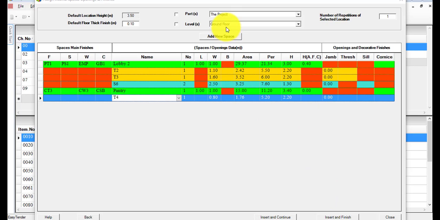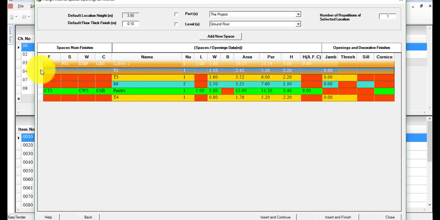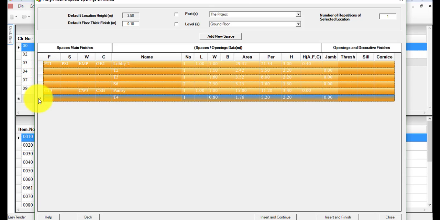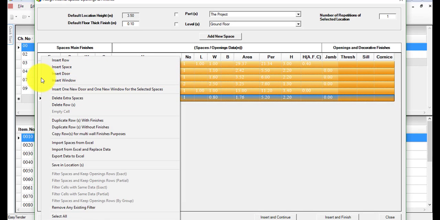Let's assume we want to work on another floor as an example. In case you have identical floors and you wish to continue using the same information, you can also copy and paste that into other floors. Exactly the same concept we've used earlier. You click here on the left hand side and you drag till the end. Once all the cells are selected in orange color, it means that they've been selected. Right click anywhere, and what it says here,